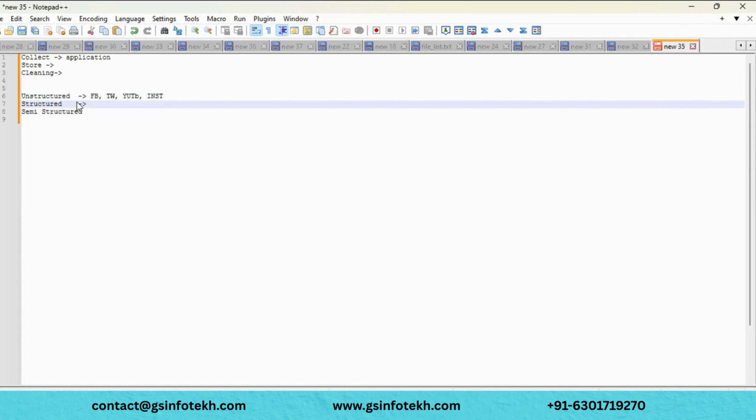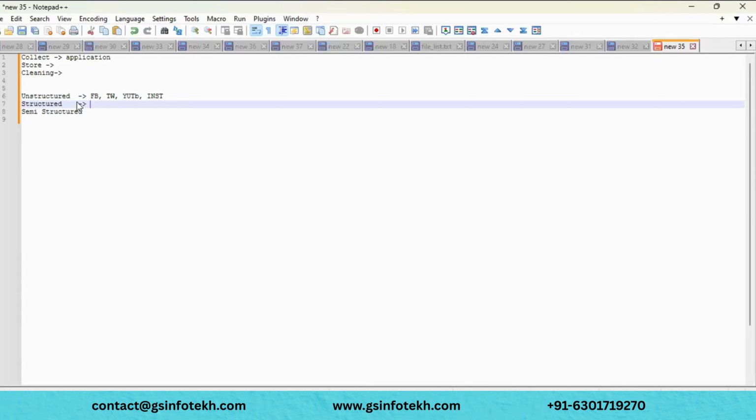If you read a customer ID, obviously you can identify that this is a customer ID. In the customer name field, all the customer names will be there, and here all the customer addresses will be there.